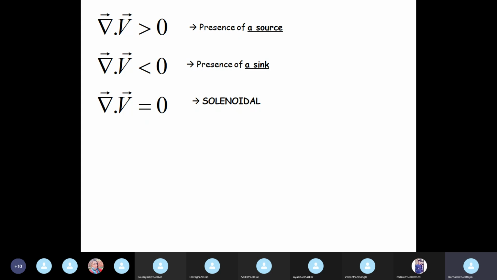Suppose I tell you, the first line says the flux is greater than 0. Now what is flux? If we still carry on with our example of number of people, flux means number of people coming out through the gate, right? So if there is a room with 2 doors, one door through which people come into the room and another door through which people come out.